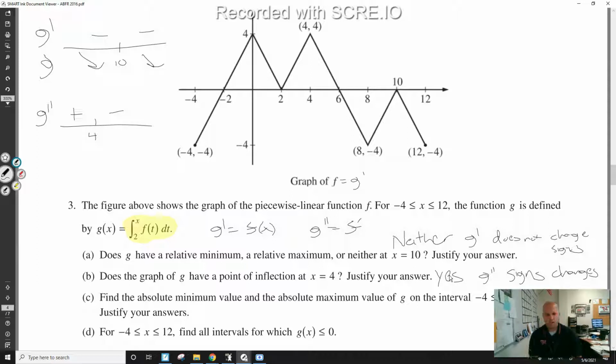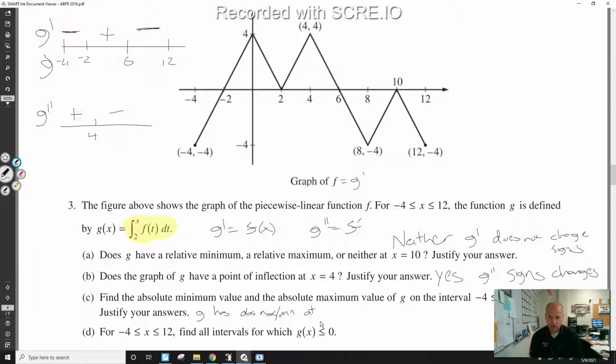All right, find the absolute min and max value of G. So same deal. Let's expand our graph of G prime. We got -2 is a relative min. We got 6 is a relative max. And that's it. We have 4 candidates. G has an absolute max or min